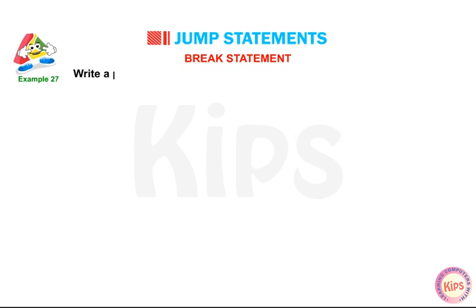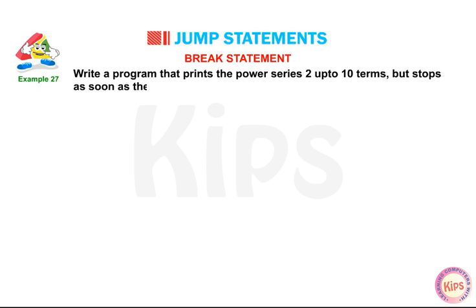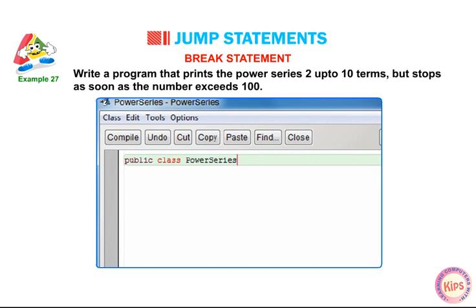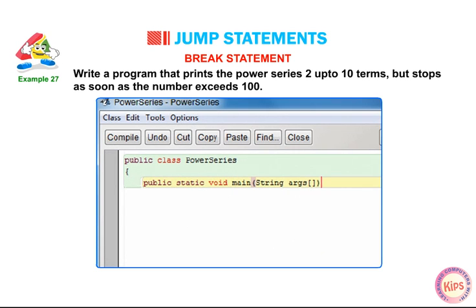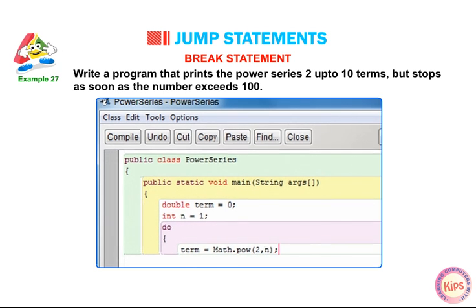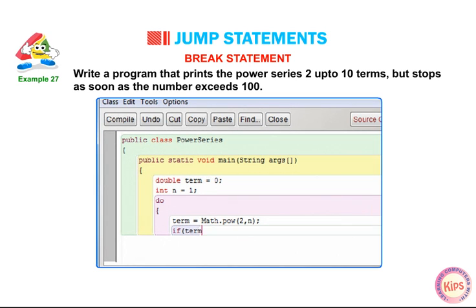Example: write a program that prints the power series of 2 up to 10 terms but stops as soon as the number exceeds 100. public class PowerSeries { public static void main(String args[]) { double term = 0; int n = 1; do { term = Math.pow(2, n); if (term > 100) break;